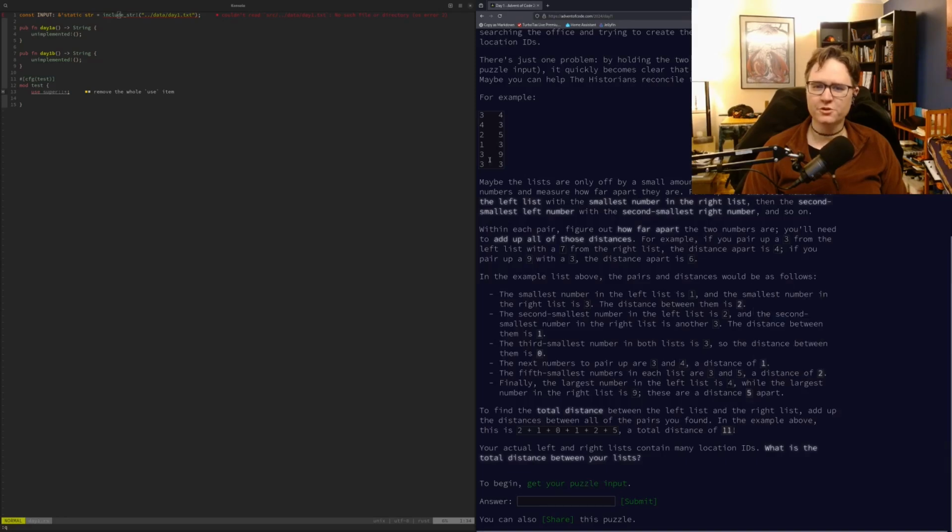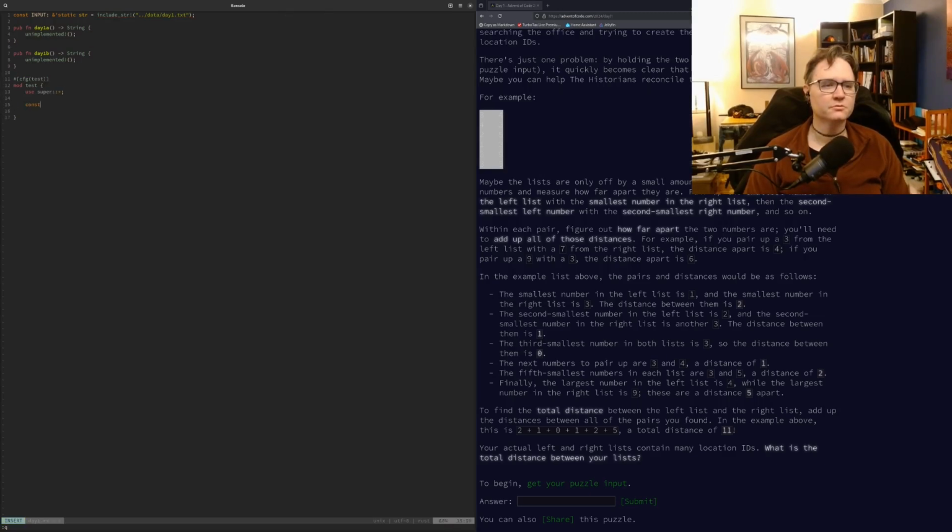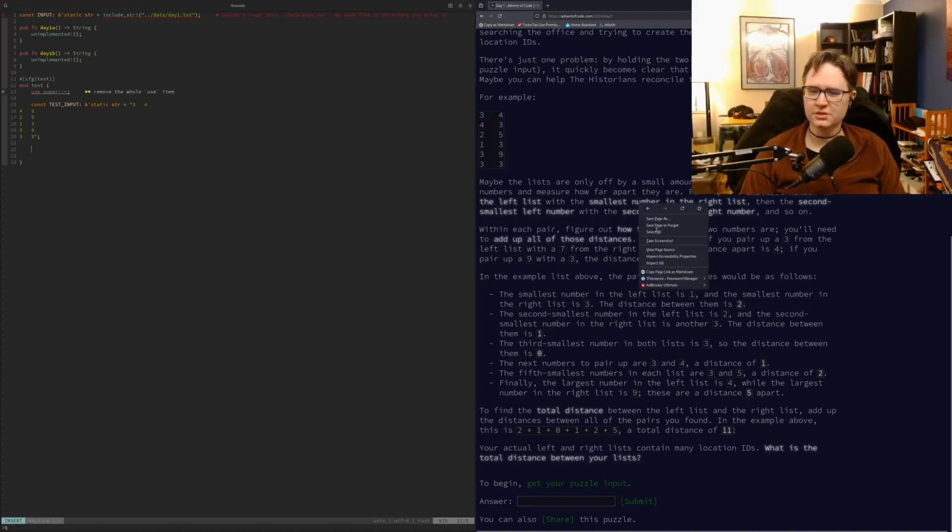And now what I'm going to do is grab the test data here and hard code this into my test module. Does this work? Yes, it does. I forget what the rules that Rust has for a multi-line string. I would love to be able to indent things over, but I don't want that to mess things up. And now I don't really know what I'm doing next. So let's do some more reading here.